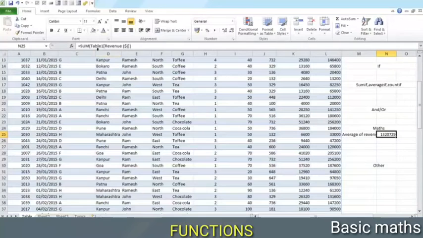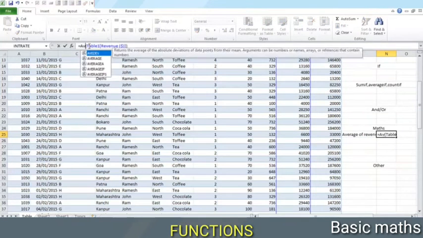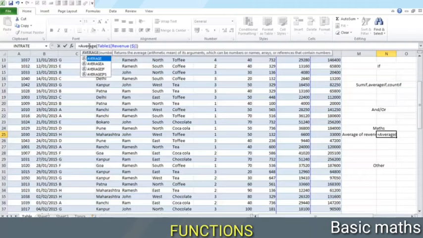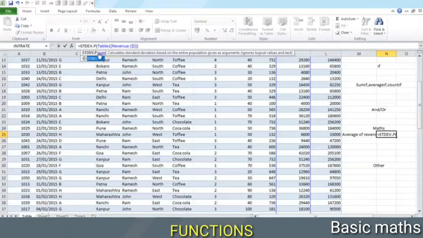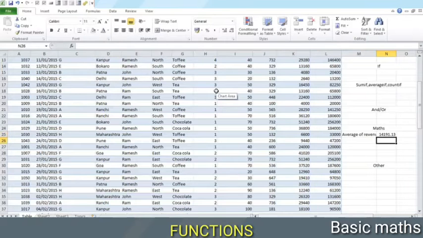The formula is similar, we just need to write average here. And we'll get the average of all the values, their sum divided by the number of entries. Here we find the population standard deviation. This is the value for it. You can also find the variance, the maximum, minimum, etc.